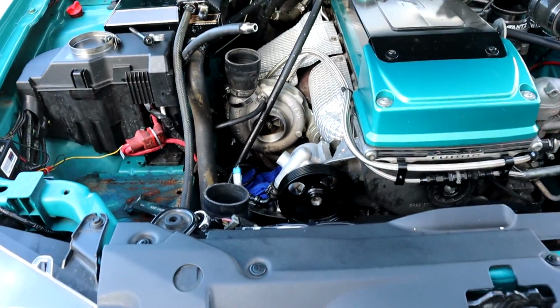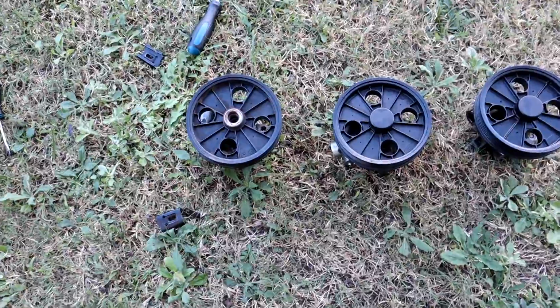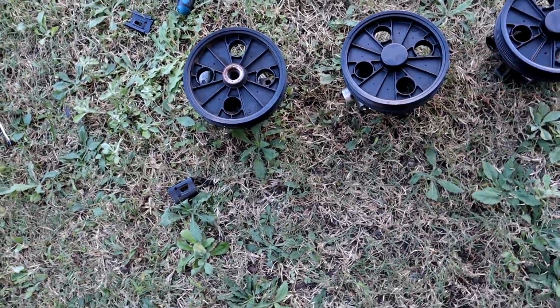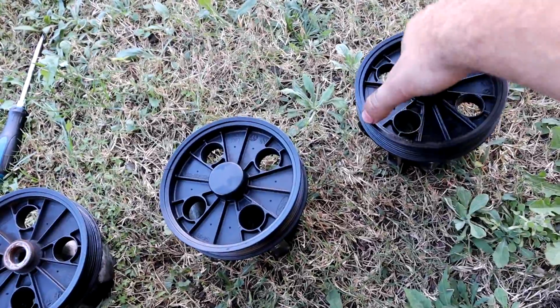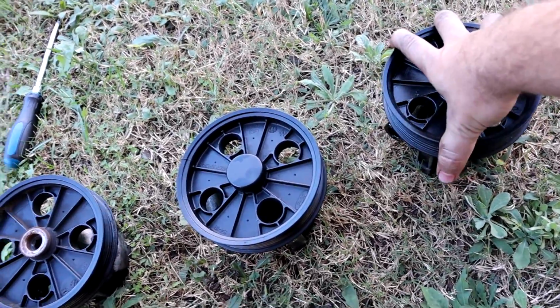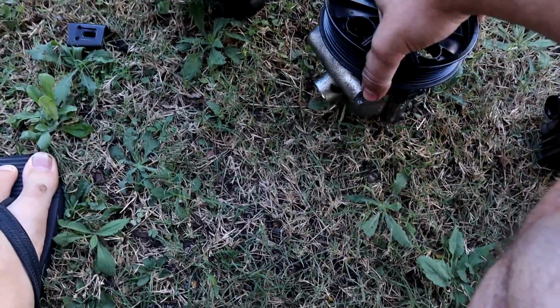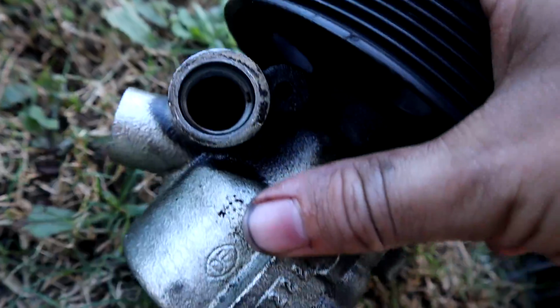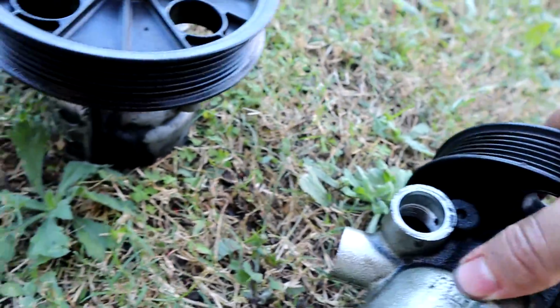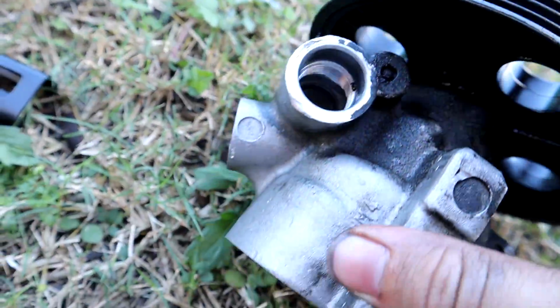It has been an absolute nightmare, but one thing I did find was that these two pumps here probably had issues. This one right here is a Mark II pump, so we're going to completely disregard that. This one right here was the one I just had in the car, and look at this. You guys won't be able to see, but there's absolutely nothing down there. There's no valving whatsoever that was in the other two pumps. This one right here is the one that I blew up, and this one has the valve in it,